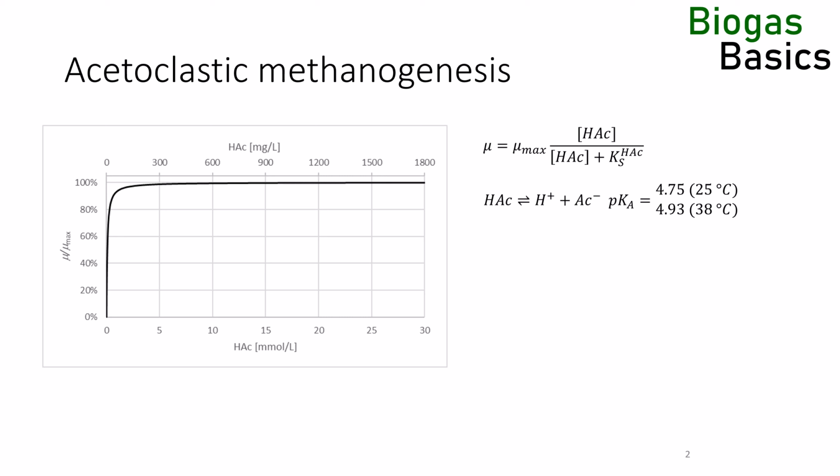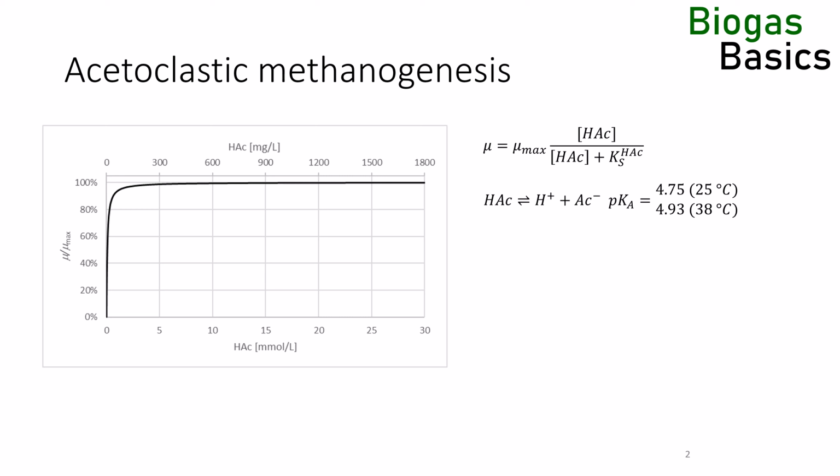When the pH value is identical to the pKa value, the dissociated and undissociated form are in a 1-to-1 ratio. The undissociated form dominates when the pH is lower than the pKa value and is less prevalent when it is high. So, when the pH in a biogas reactor is 7, most of the acetic acid is in its biologically inert acetate form. As a rule of thumb, when the pH equals the pKa, the ratio is 50 to 50. If the pH is 1 unit away from the pKa, the ratio is 90 to 10. At 2 units 99 to 1, at 3 units 99.9 to 0.1.